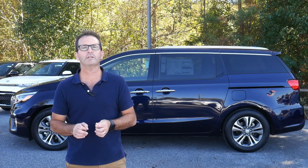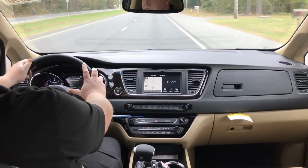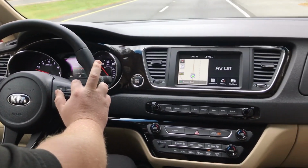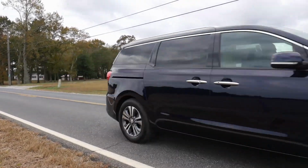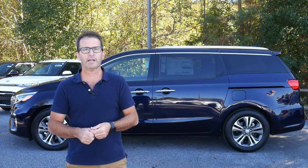Today we take a look at the 2020 Kia Sedona minivan. Now, I know that SUVs have been getting a lot of the attention these days, and our Sorento, Sportage, and Telluride models are selling like hotcakes. But if you have a large family or need to move around a lot of cargo, nothing beats the practicality